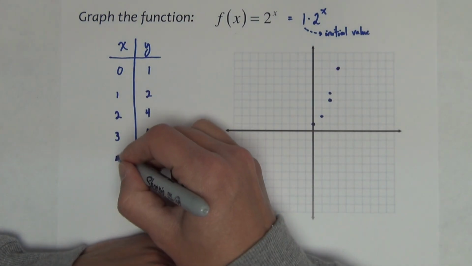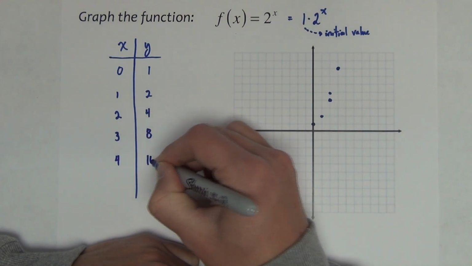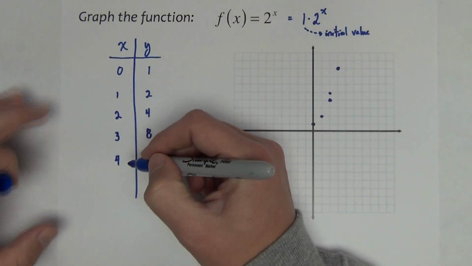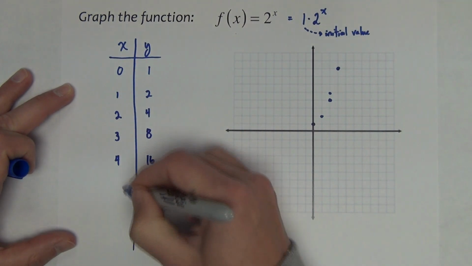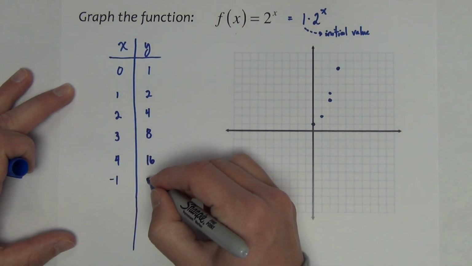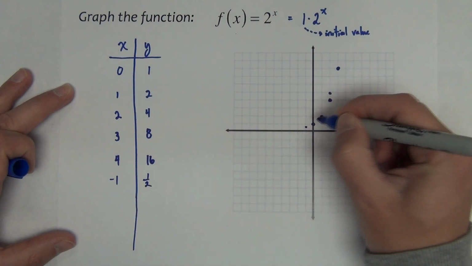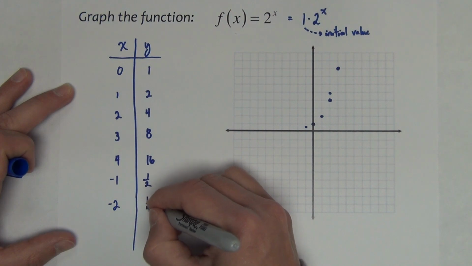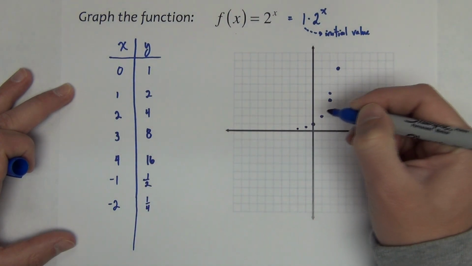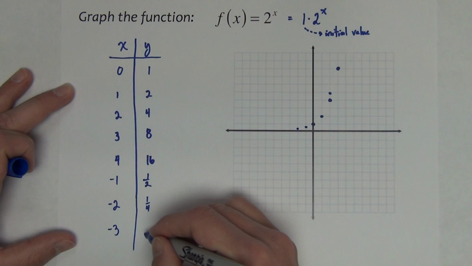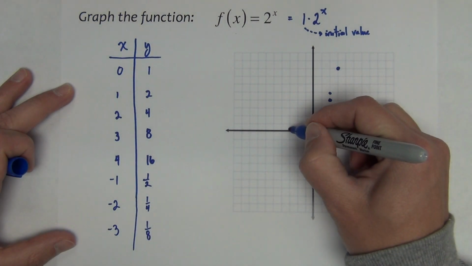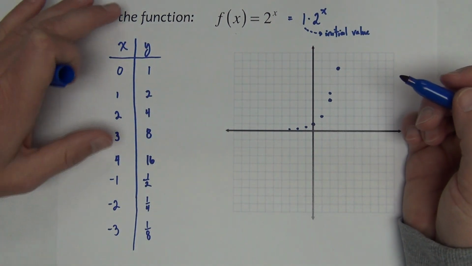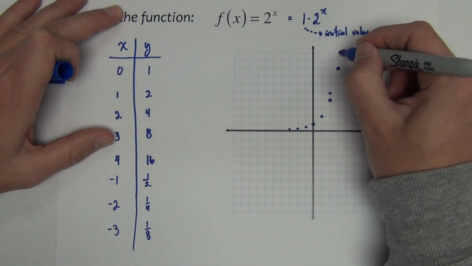When x is 4, 2 to the fourth power is 16, so we're off the graph now. So if we look at some negative values, if x is negative 1, 2 to the negative 1 is 1/2. If x is negative 2, 2 to the negative 2 is 1/4. If x is negative 3, 2 to the negative 3 is 1/8. So we can see these are starting to get real close to the x-axis. If I were to connect these points,